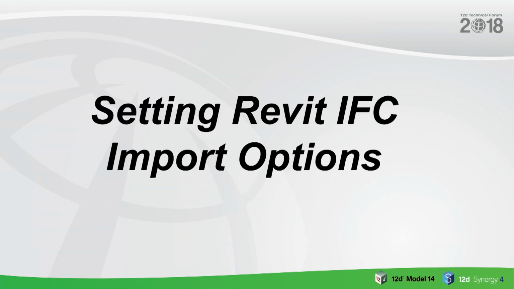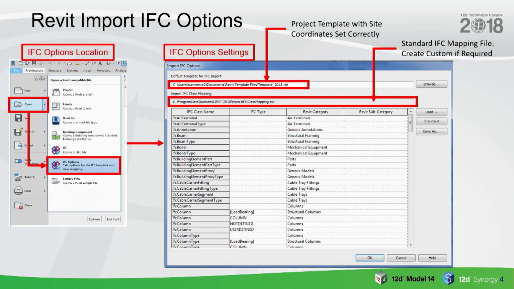But before we bring it into Revit, we have to set up a few options that allow us to map certain 12D elements and IFC classes to an appropriate site inside Revit. So by setting the IFC options, setting up a template with a predefined project base point, which allows us to generate a model in real-world coordinates, we also have to set an IFC mapping class, which allows us to map things